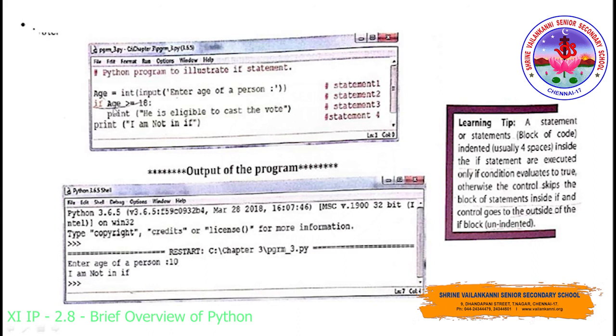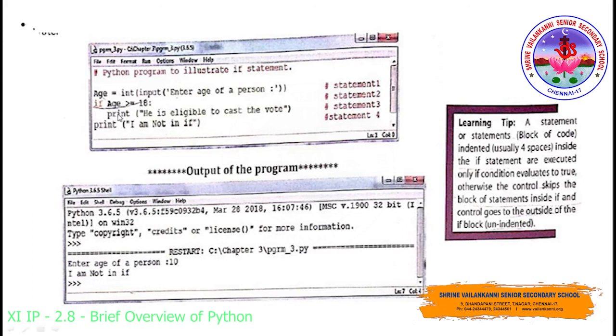Now we are going to check the condition using the if statement. Here I have provided the condition according to the syntax. If is the keyword, and in this condition, age greater than or equal to 18, followed by a colon. In this age variable, the value 10 will be added. So when I give value 10, what will happen? 10 greater than or equal to 18, the condition will be checked. Here, 10 greater than or equal to 18, the condition is false.